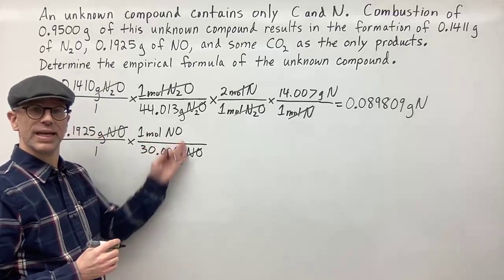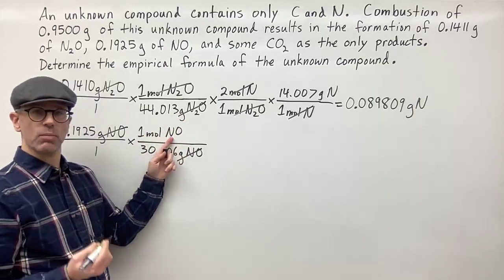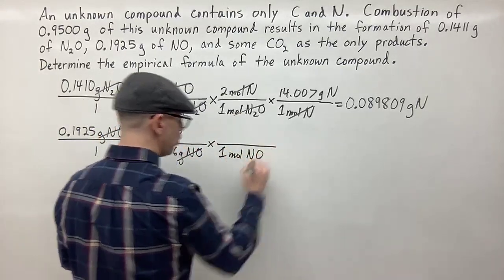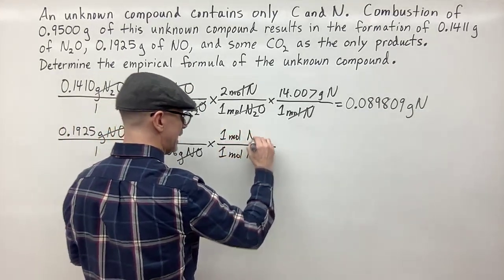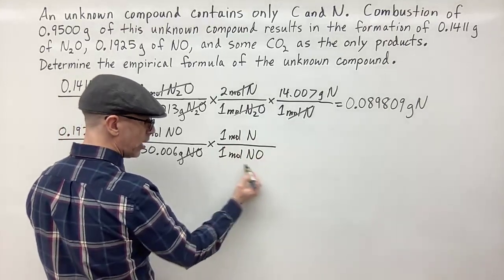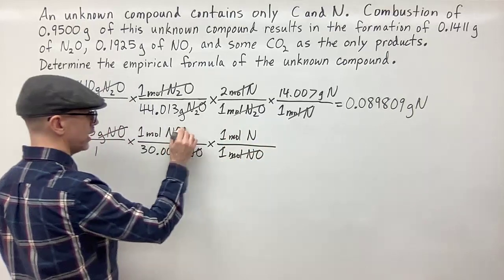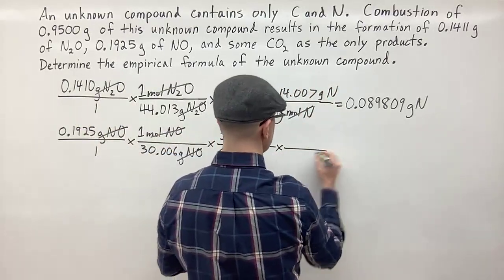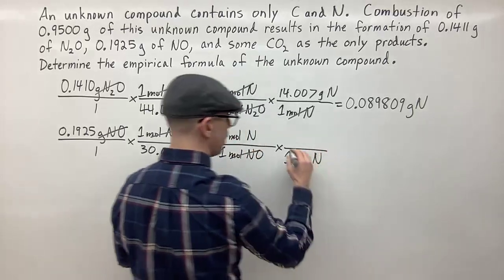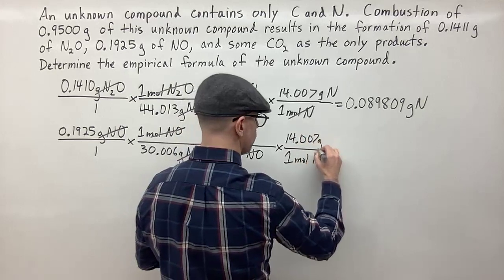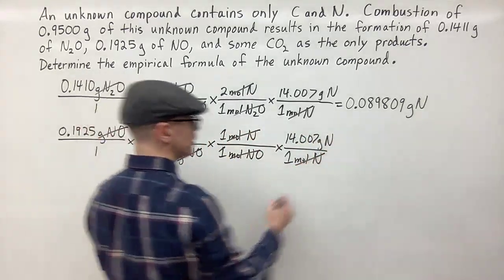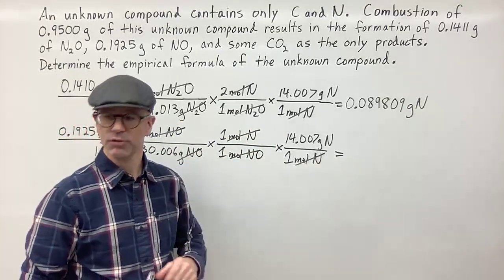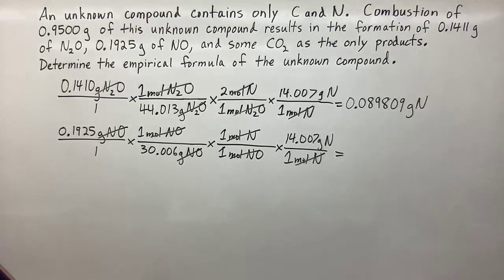Now we're going to use the mole ratio in our formula. So for every 1 mole of NO, it's 1 mole of nitrogen. So we're going to use that to convert to moles of nitrogen. 1 mole of N goes on top, moles of NO on the bottom. So moles of NO are going to cancel out. And now I use, again, the molar mass of nitrogen to convert to grams. So it's going to be 1 mole of N on the bottom and 14.007 grams of N on top. Moles of N cancel out. And once again, multiply by everything on the top, divide by everything on the bottom, and I'll get the number of grams of nitrogen, which I get is,